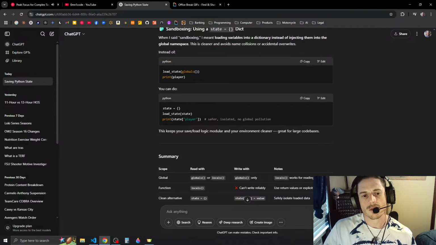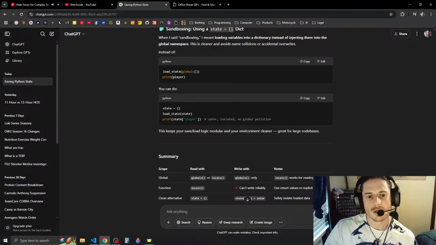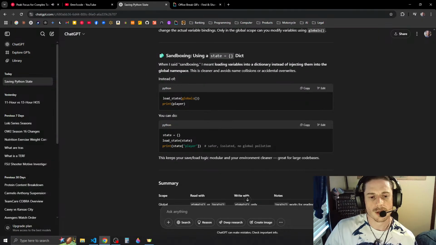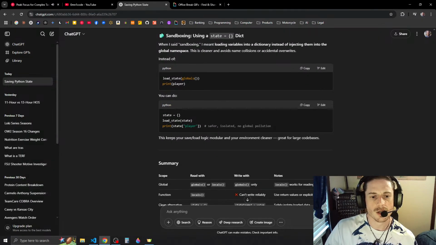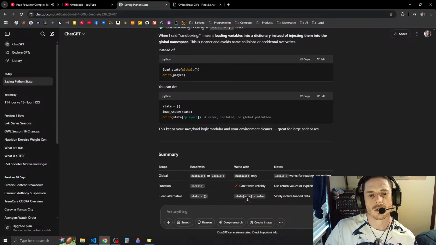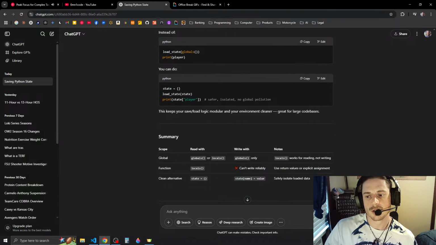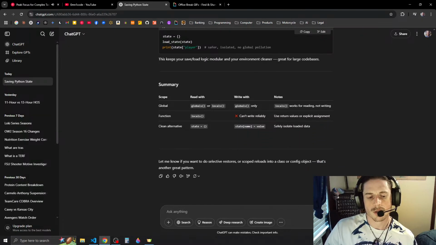Instead of load state globals, print player, you can do state equals load state, then state. Okay, I got you. I see. This keeps your save and load logic modular and your environment cleaner. Great for large code bases. Okay, cool.